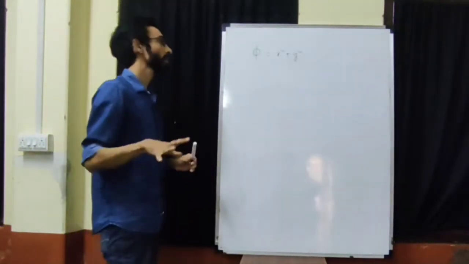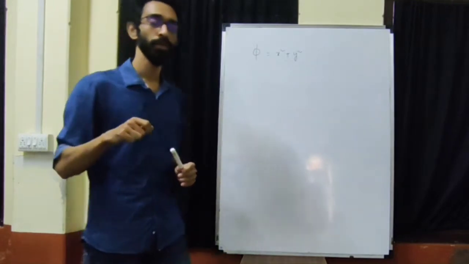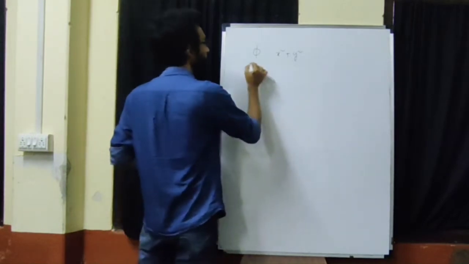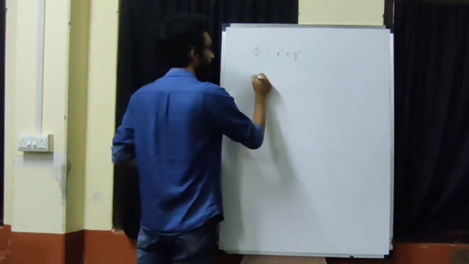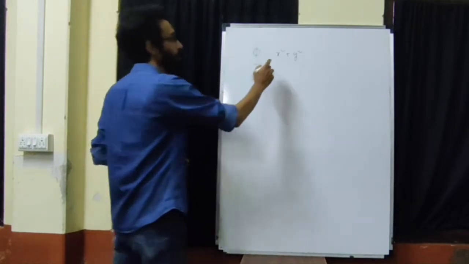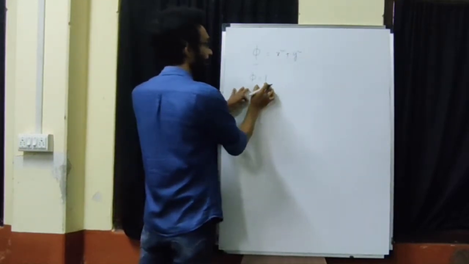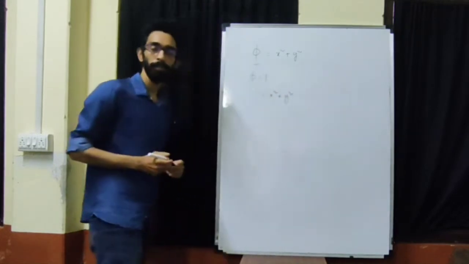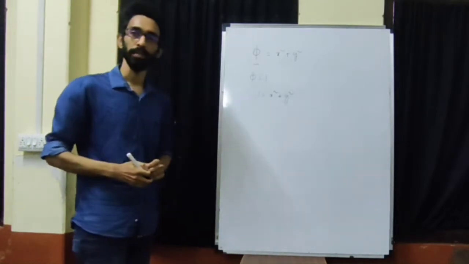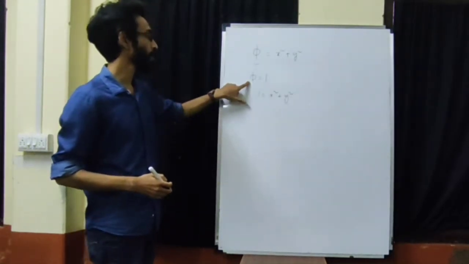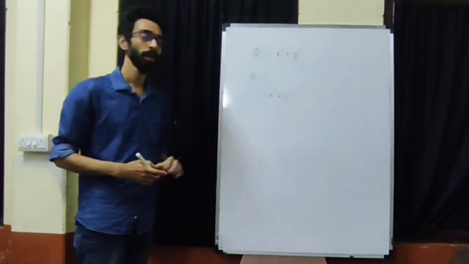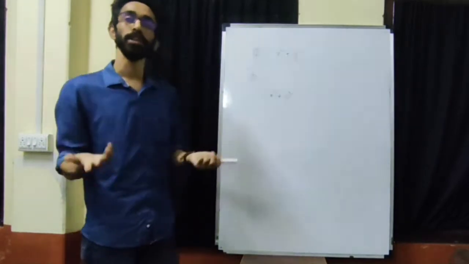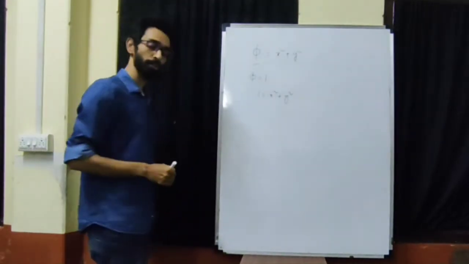So we know that an equipotential surface is a surface on which the value of potential remains constant. So if we take some value of phi, let's say phi equal to 1, then those values of x and y that satisfy the condition 1 equals x square plus y square form an equipotential surface, because the value of phi will remain the same on this surface. This is also called a level surface because phi is not necessarily potential here. It could be any scalar function.